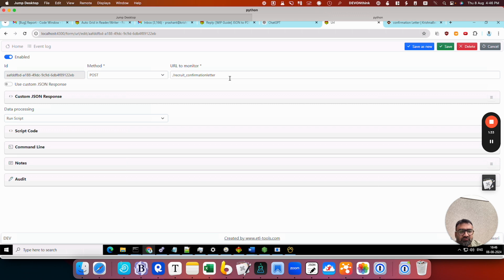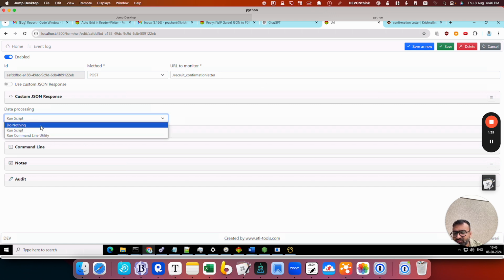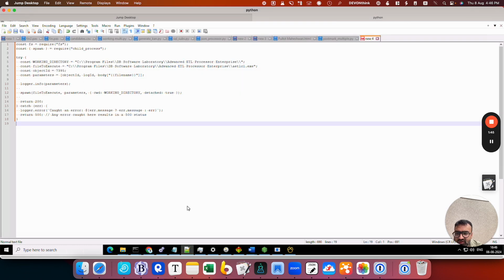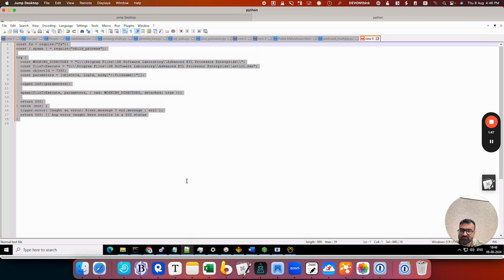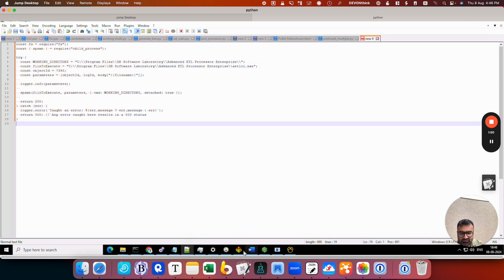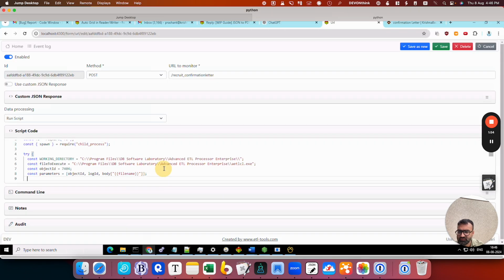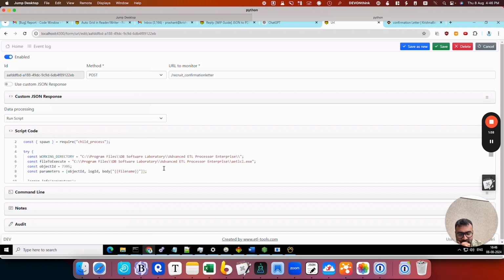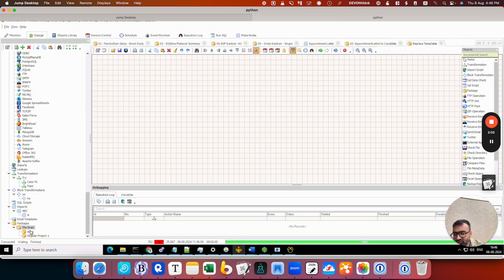Recruitment confirmation letter. The next thing that you will do, after it is enabled, is you will come to data processing. It would be configured at do nothing. You come on run script, you click on script code, and we will give you this code which you will run over here. You will copy paste this, and you shall paste it here. Now before you run this script, you come to ETL tools, you will come to packages